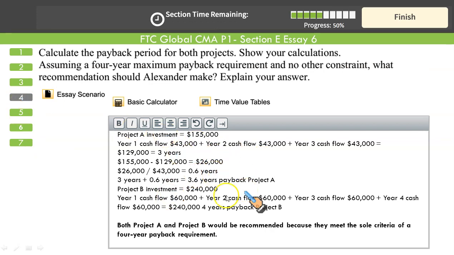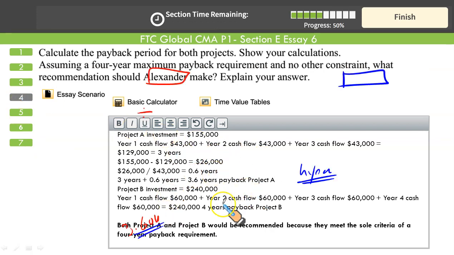No need of this much working. No need. We got the same result, 3.6 and 4 years. It is just that I've taken the suggested result from your exam support package. But go for my recommendation. Save your time. Simply give it in a couple of lines or one single line is sufficient.